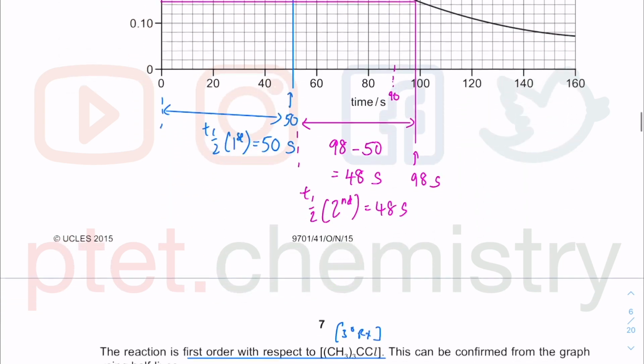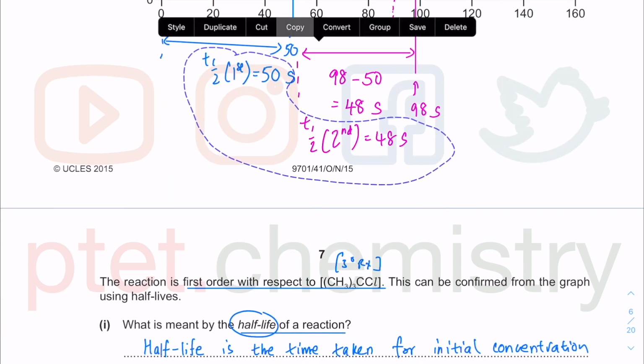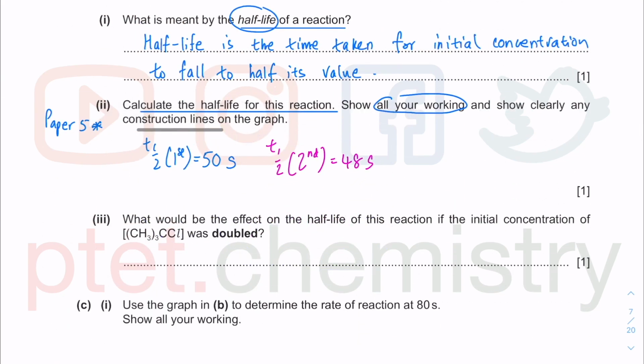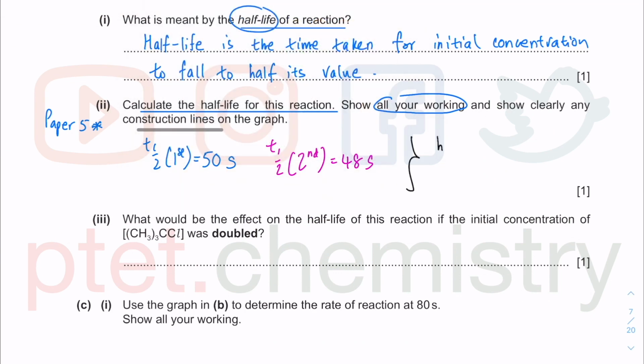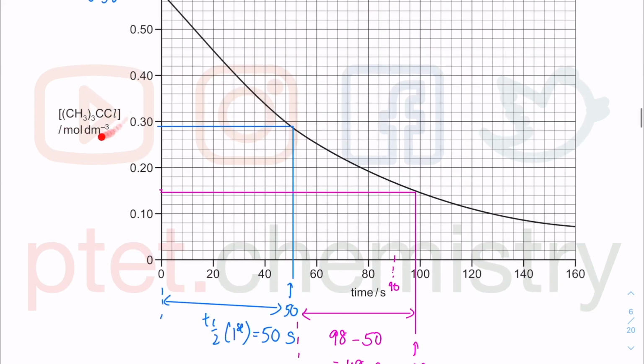Okay, so I already shown construction lines. So what I do really next is to just write down some stuff. So the first half-life is that. The second half-life is that. So what can I conclude? My half-lives, so more than one, are constant within experimental error. So therefore, it is first order with respect to these concentrations I'm changing, which is the tertiary halogenoalkanes in